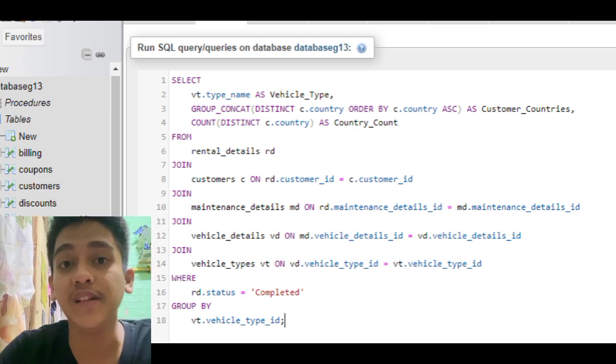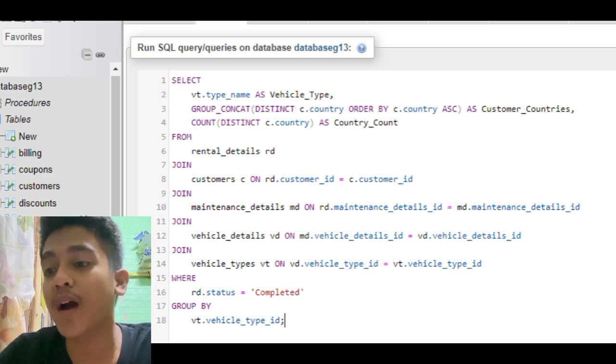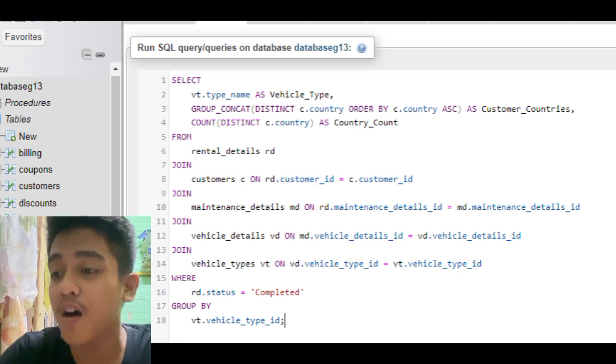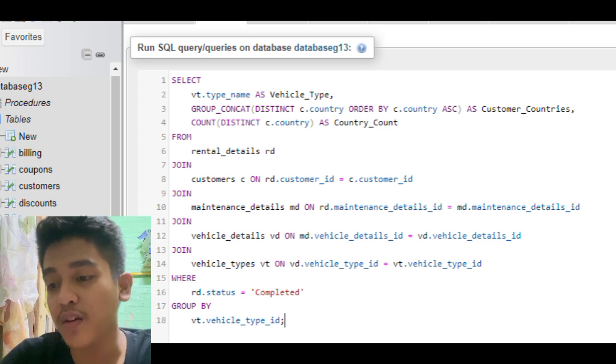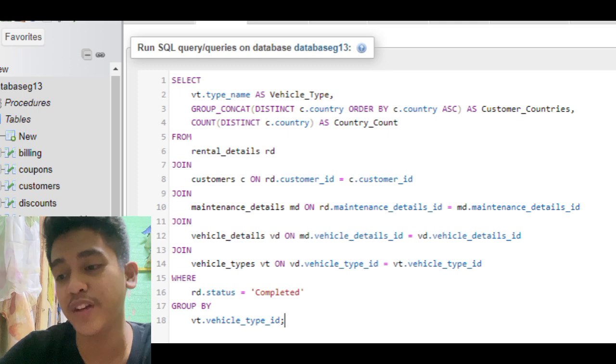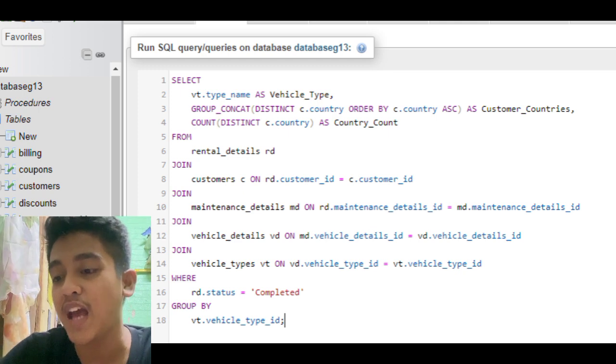Now, with the selecting columns, VT.type_name as vehicle_type retrieves the name of the vehicle type. Then, GROUP_CONCAT(DISTINCT C.country ORDER BY C.country ASC) as customer_countries.